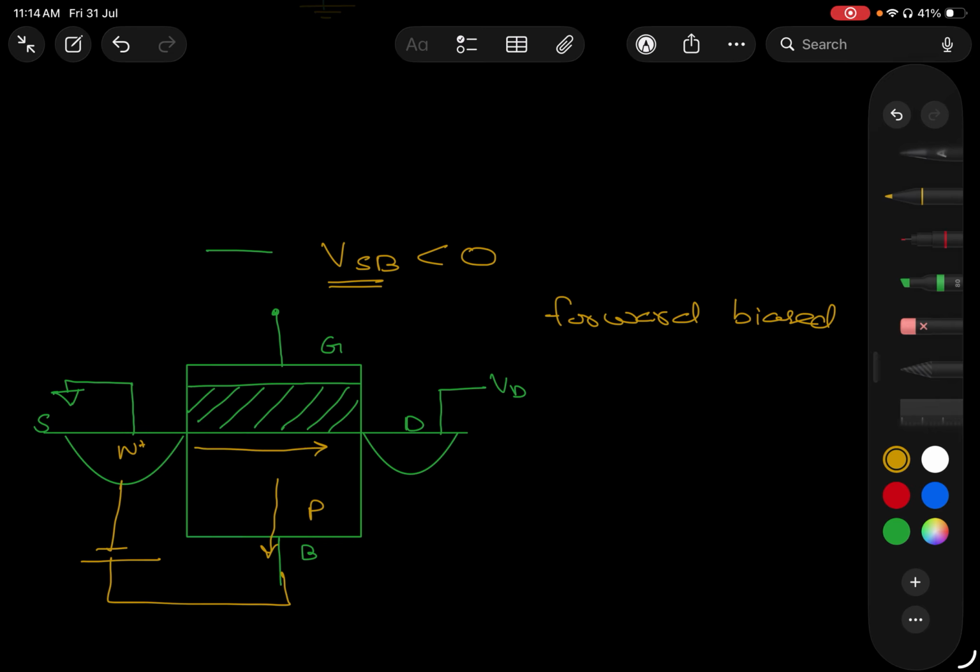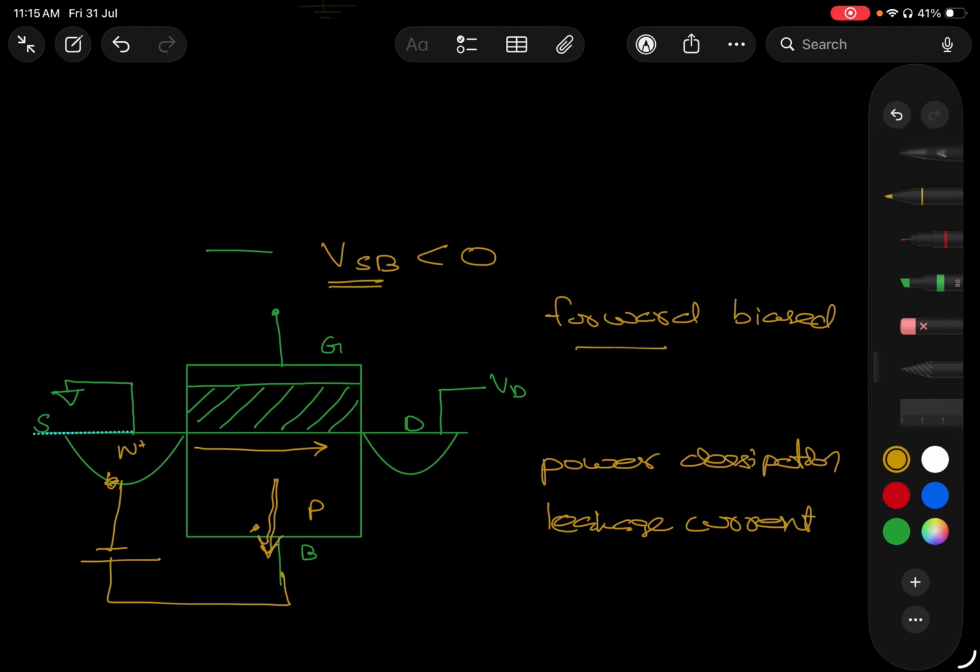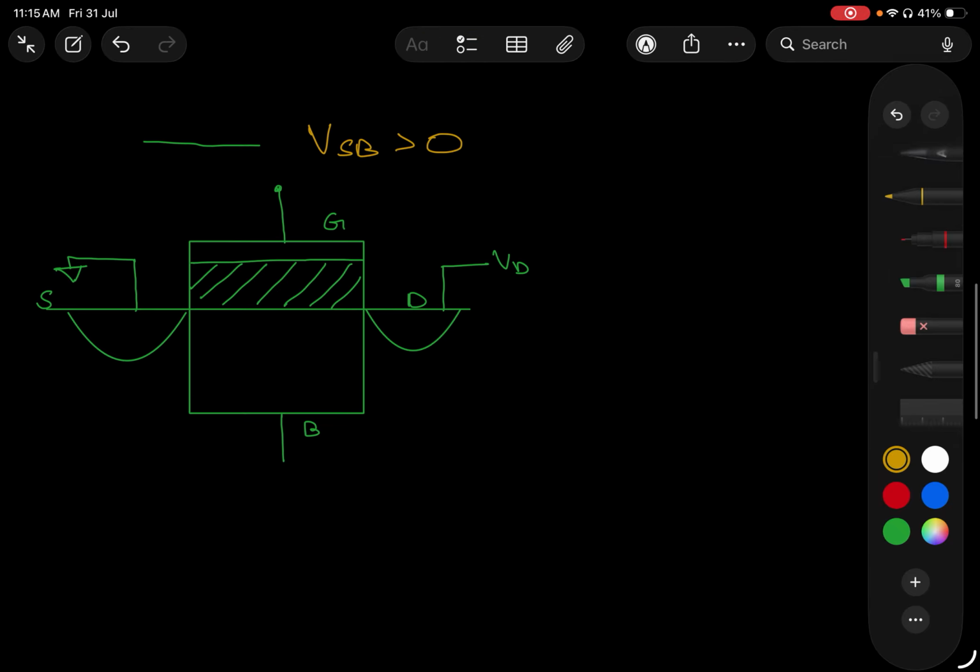But what really happens is there will be a leakage current like this, since this is a forward bias between the body and the source. This leakage current causes power dissipation. This effect is not desired, so we will never forward bias like this. But when it comes to reverse bias, something like this,